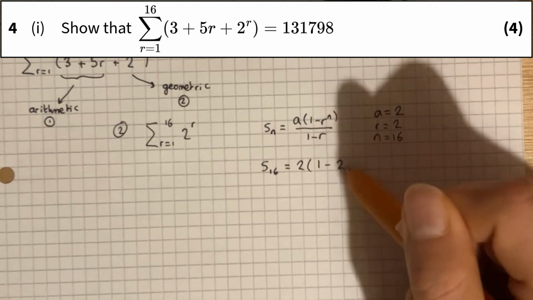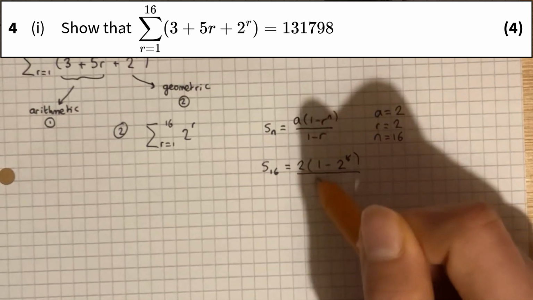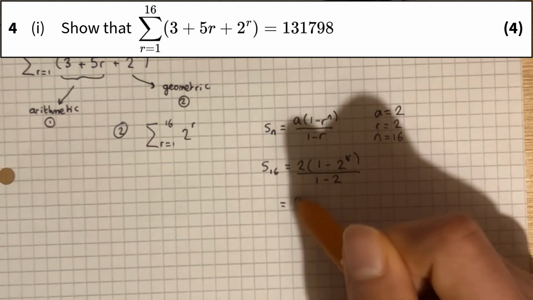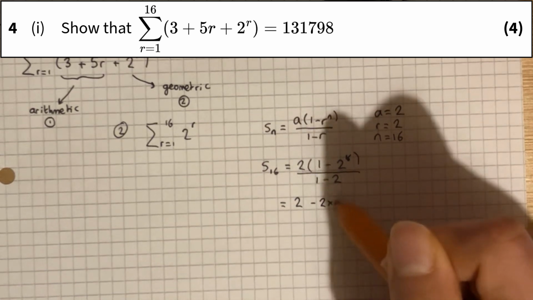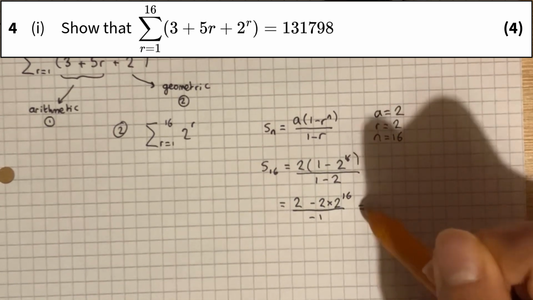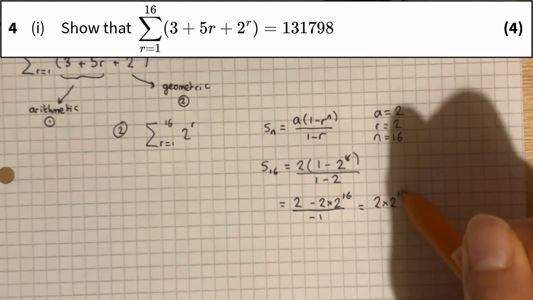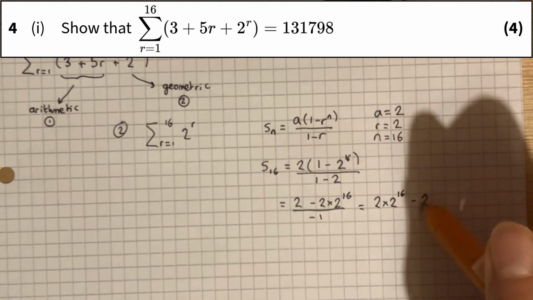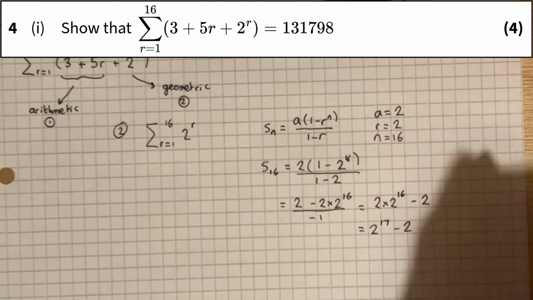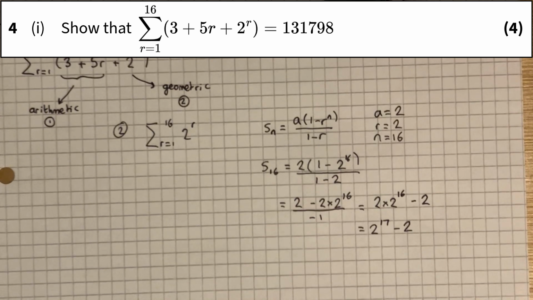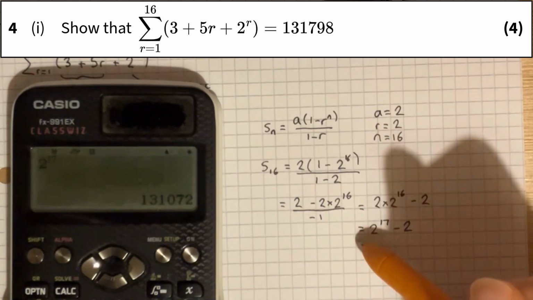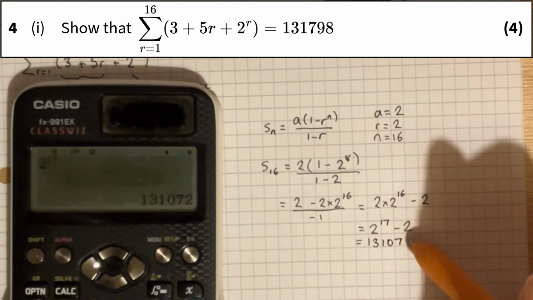So the sum of the first 16 terms will be 2 lots of 1 minus 2 to the 16 divided by 1 minus 2, which is 2 minus 2 times 2 to the 16 over minus 1, which can be simplified by dividing each term by minus 1. Don't happen to know 2 to the power of 17 off the top of my head, so I'll quickly type this into the calculator. I'll subtract 2,